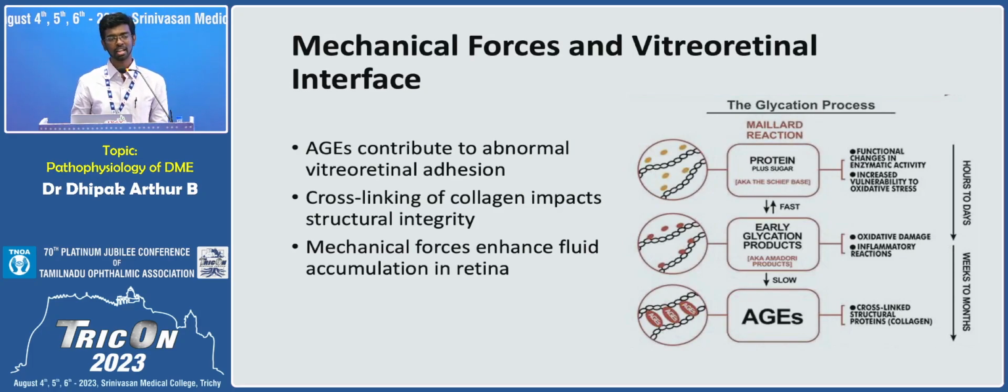There are different mechanical forces which come into play. Initially, I had spoken about these advanced glycation end products. These are again derived from the excess sugar which is present. They start getting attached to different protein molecules, leading to formation of cross-linked collagen. So all the collagen layers, all the membranes in the retina and in the